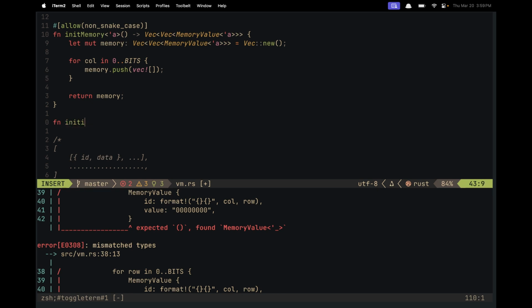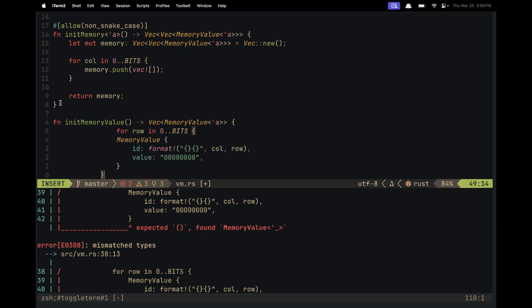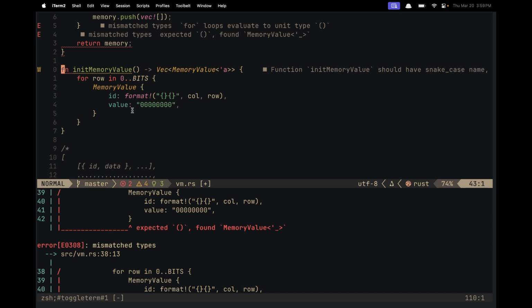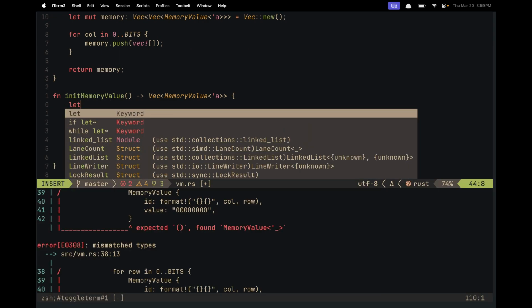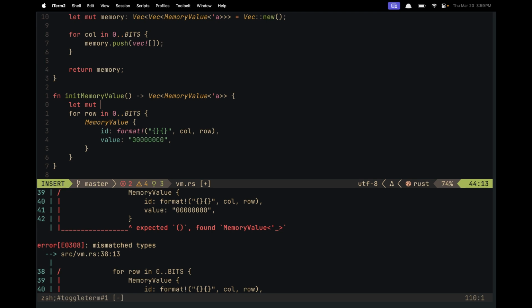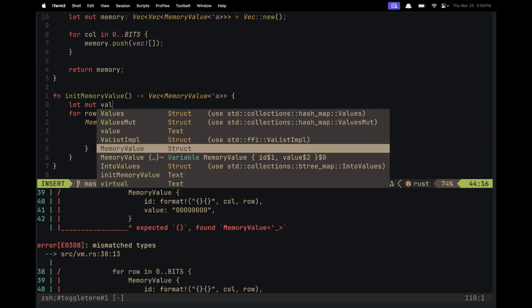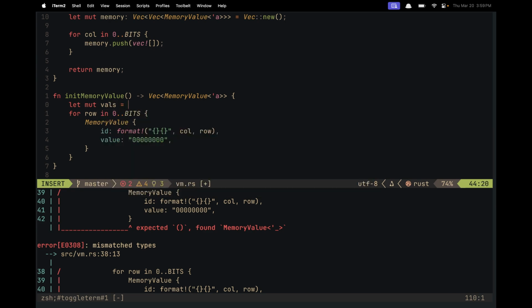Initialize, init memory value. That's going to be a vector of memory value, and it's going to take in a lifetime of a. Let me indent this. So it's going to return. Actually, yeah, you have to make this let mutable vals